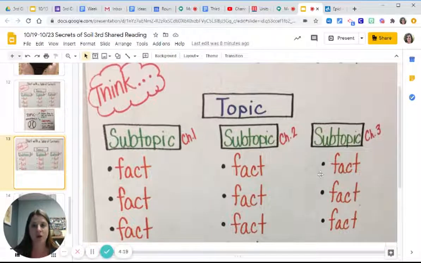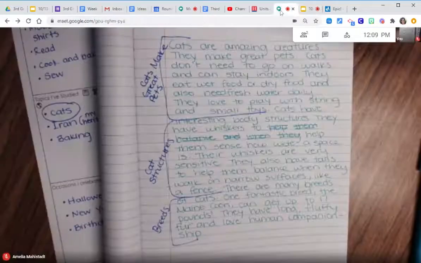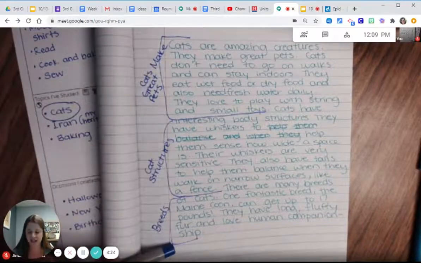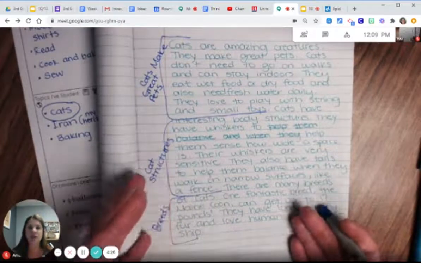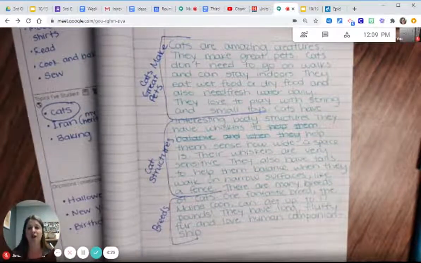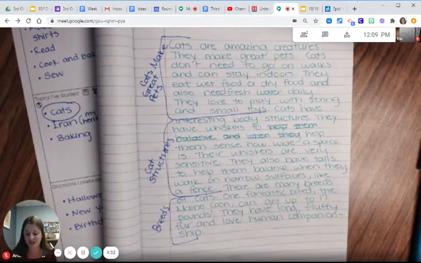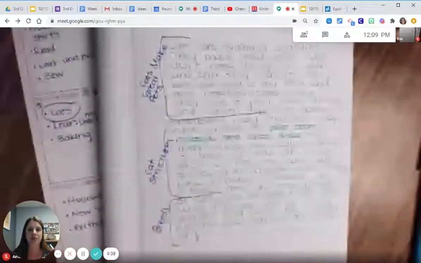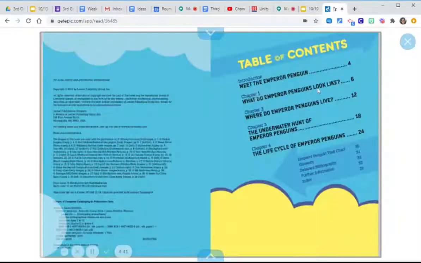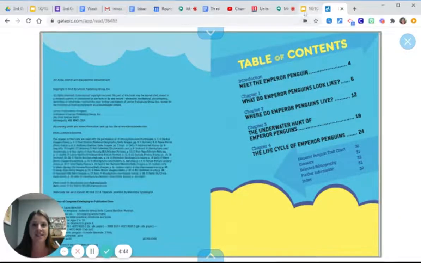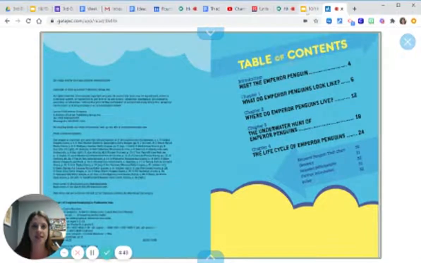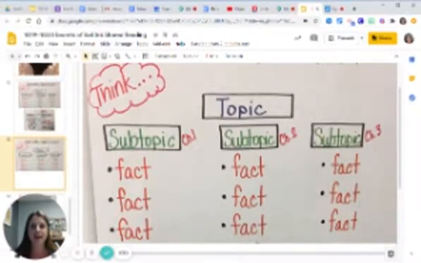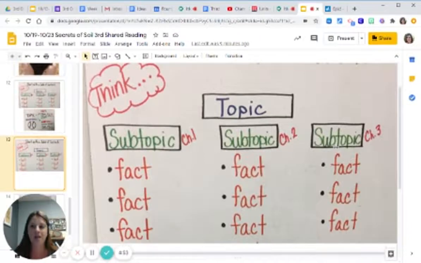So writers, as you go off today, I encourage you to look at your writing and ask, did I kind of just dump all my ideas down? If you did, that's totally fine. That's what writers do. We get our ideas out on the page. But then after that, see if you can take a look and see if you can find places for your subtopics where you might divide up your writing just like they do in books with a table of contents. And then I encourage you to create your very own table of contents using the idea of your big topic and your subtopics being the different chapters.